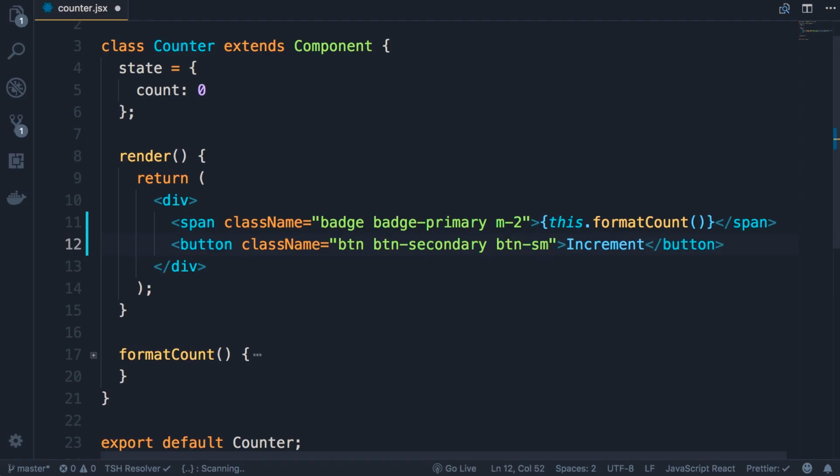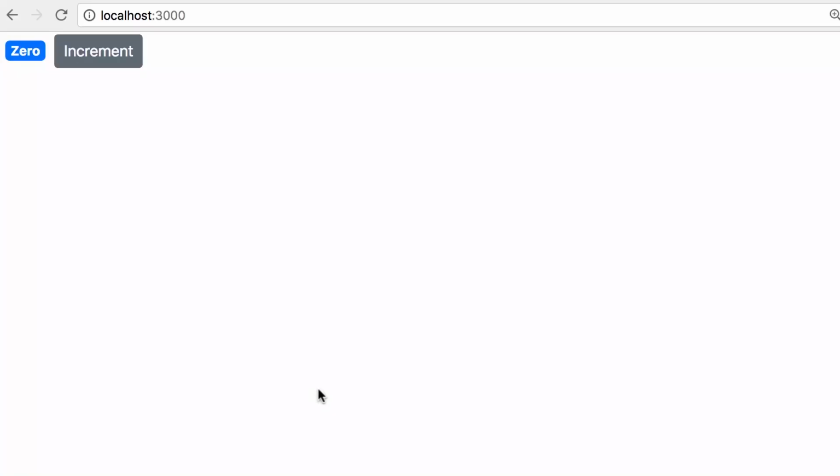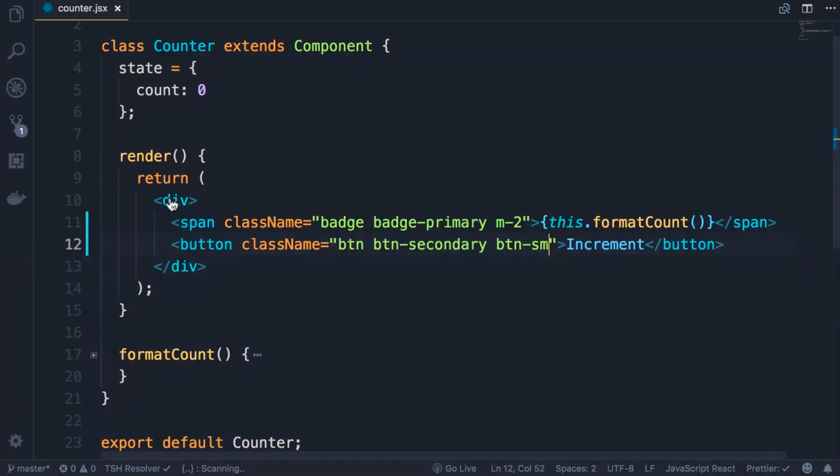Now, if these classes are unfamiliar to you, you need to look at Bootstrap documentation. That's an entirely different topic. We cannot talk about it in my React course. So save the changes. And now our button looks different. That's much better. Now, finally, let's look at applying styles. So for the most part, it's best to use classes. This is for performance and maintainability. But there are times that you may want to break the rules if you know what you're doing, and you